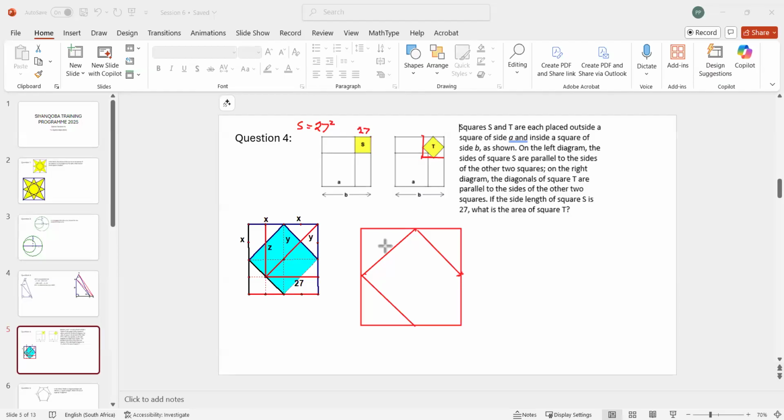So this part here, this white part, it consists of four quarter squares, right? The T consists of 4